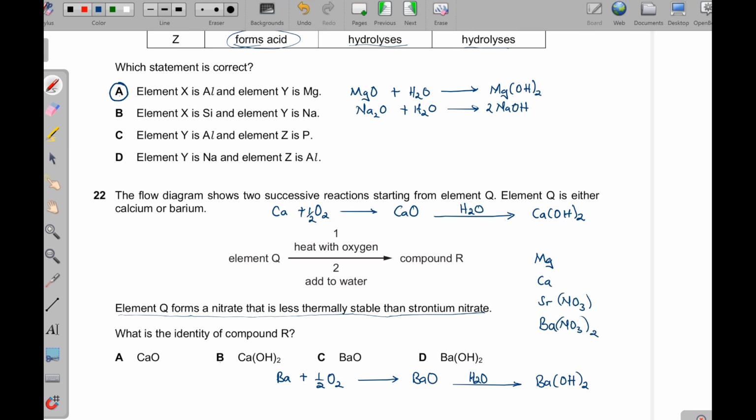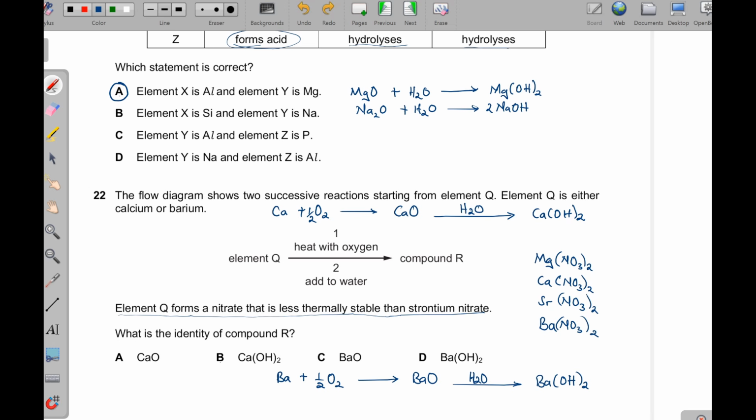So the most thermally stable one is barium nitrate. To be thermally stable means it requires a lot of heat to break that compound. So it will take much more heat to break this one here. The explanation we give in A-level content, that is chapter 19, of lattice energy, where we talk about